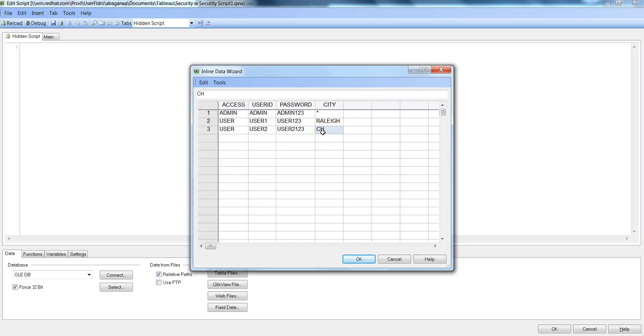And let's say they are able to see Charlotte. For this example, I think this much data is relevant to show that the user is able to see their respective city information. So user 1 can see only Raleigh as a city, and user 2 can see Charlotte as their city. So I will click OK,